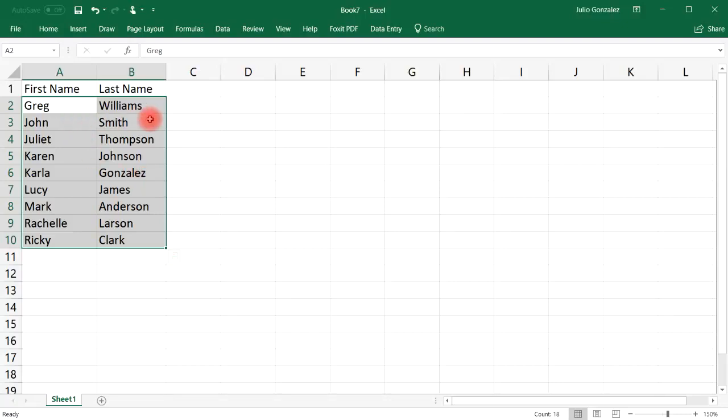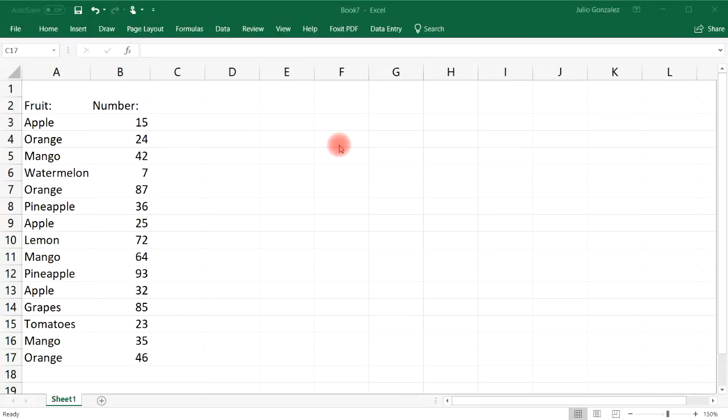So you can also sort both columns at the same time, and notice that the first column is placed in alphabetical order since we highlighted the first cell, A2. Here we have a new set of data. We have the type of fruit and the number on the right side. So now we're going to talk about how we can filter this data,